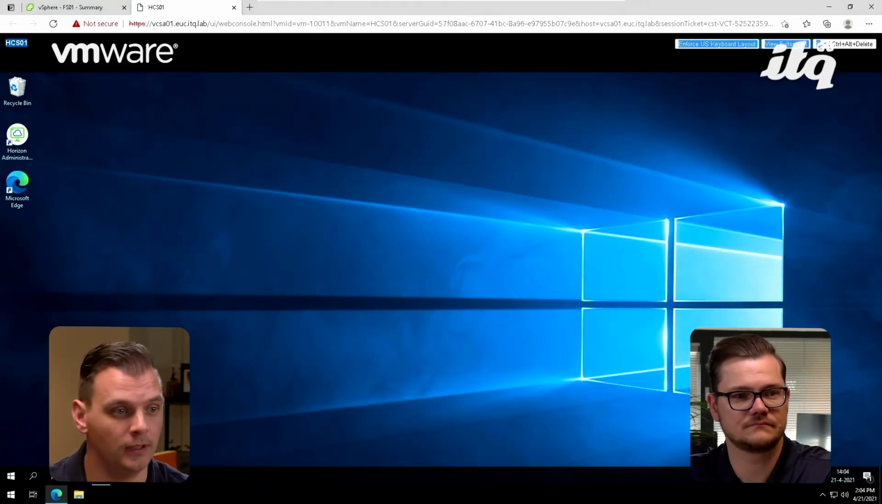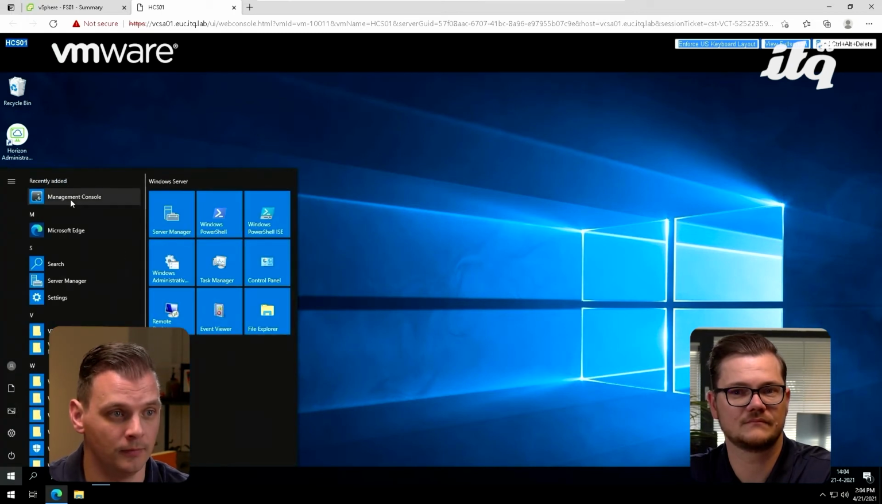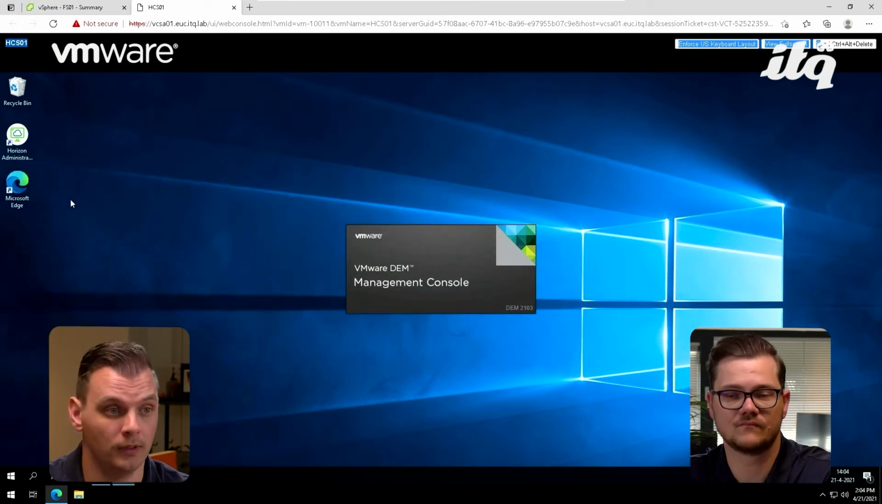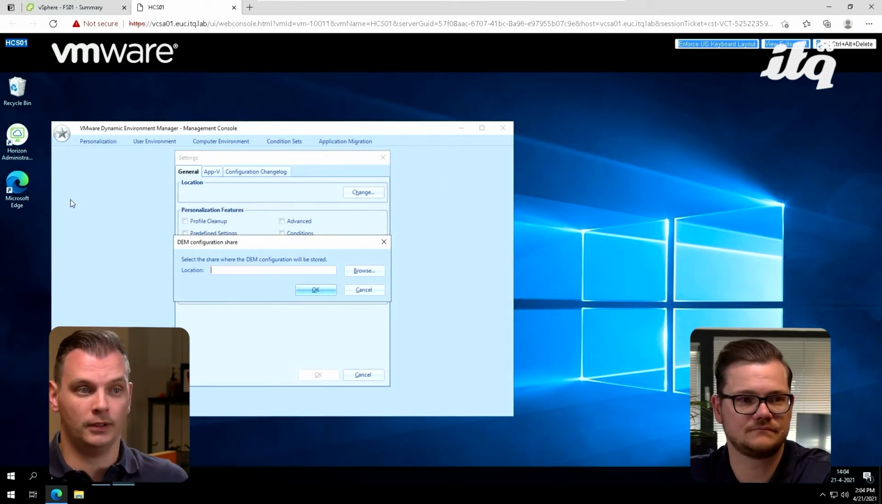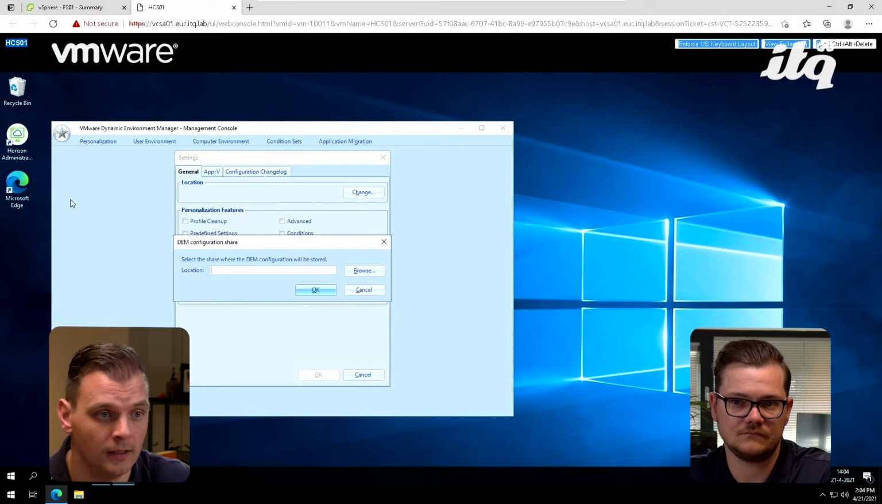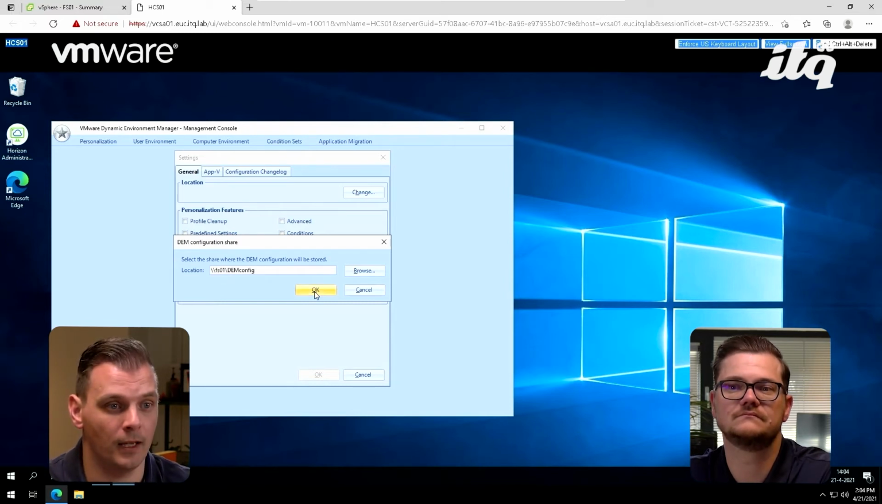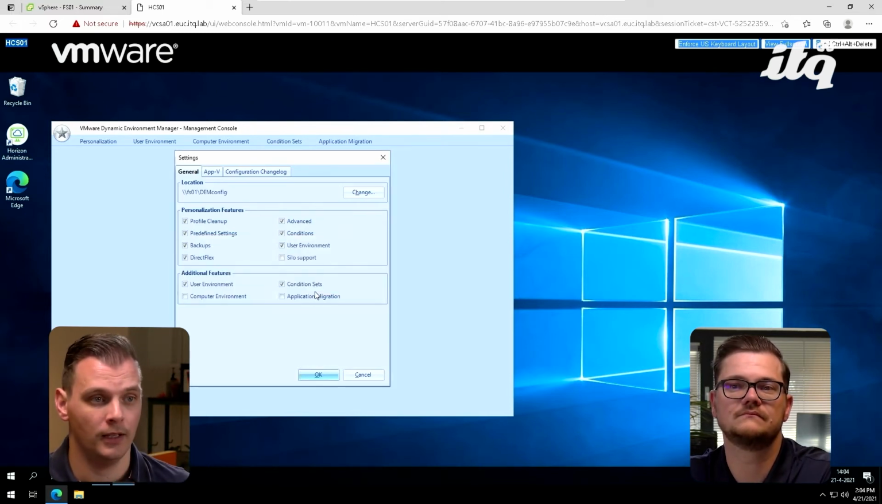So thank you for installing the management console. Let's take a quick look at what is possible here. When we start the management console, we need to configure the configuration share, which is easy. It's the file share, and we can press OK. Next up, we have several settings we want to